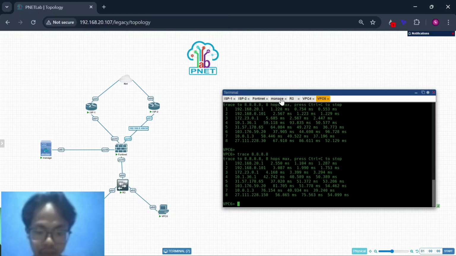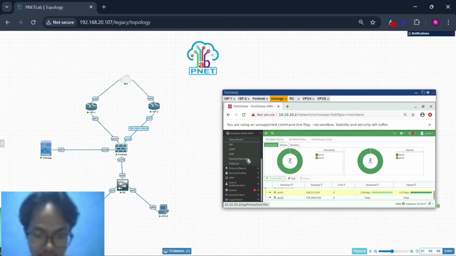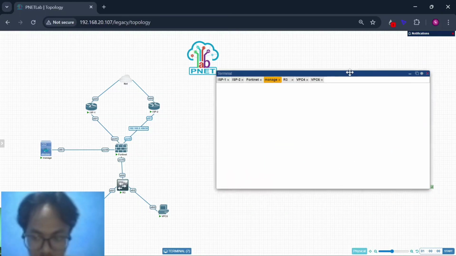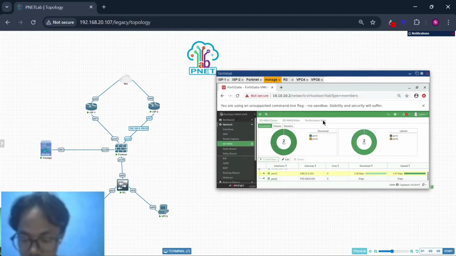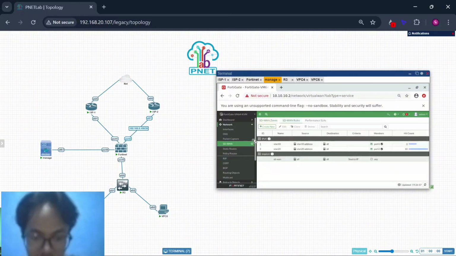And yeah, if you want to manage from a Docker device like that, from terminal, or access via web config, this is the SD-WAN rule.